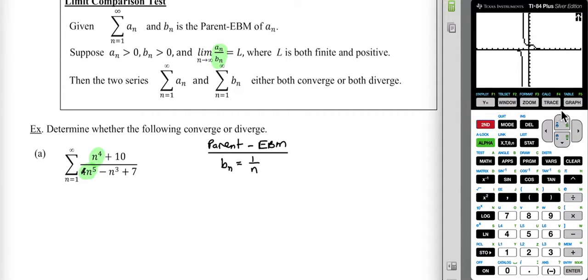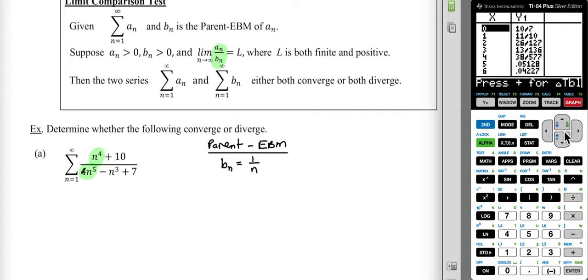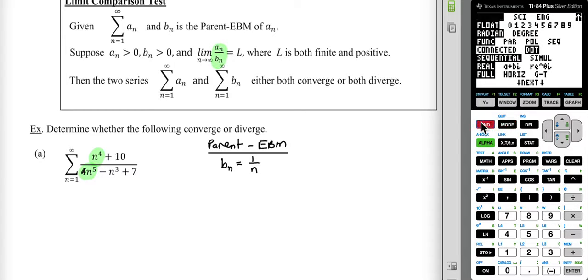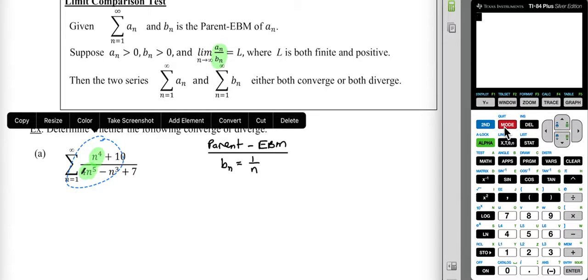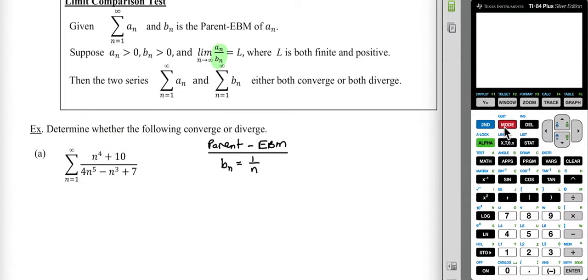And I can take a look at the table, and it looks like it's asymptotic, which hopefully you kind of recognize based off of pre-calc knowledge. All right, so it looks like we're in good shape there. All right, so we check that condition. Oops, sorry, I hit the wrong thing. This seems to be a video for me hitting the wrong thing. Let me get rid of this stuff so I don't make the mistake again of thinking that coefficient was a 5. All right, so what we're going to do is we're going to find the ratio of a sub n